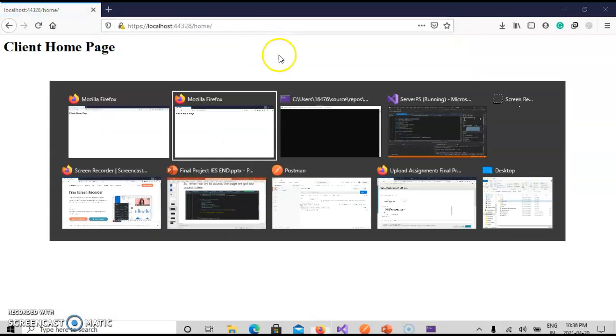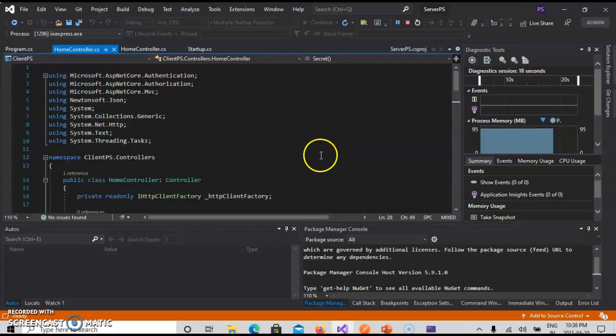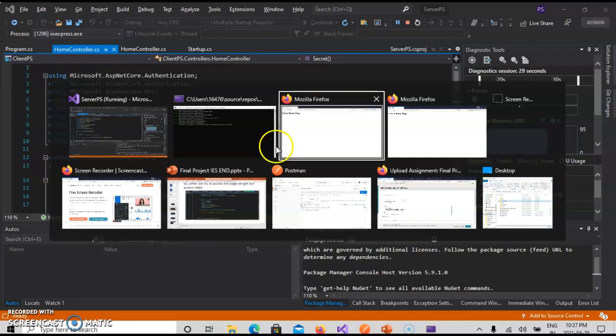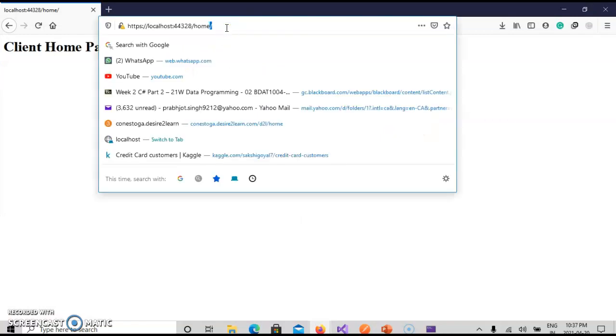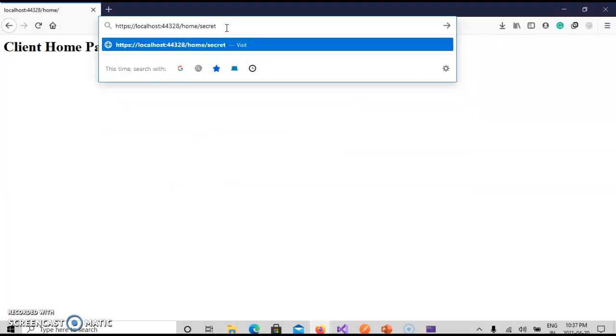Okay, so the program is running in the background, and hopefully my API will get the token and I can get my secret page without even passing the token this time, because I am doing that in the background. So this is my client and I want to access the secret.